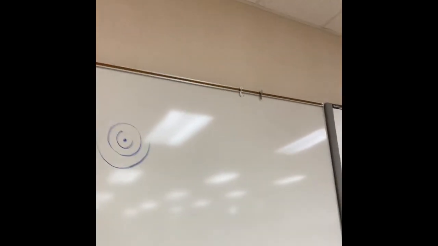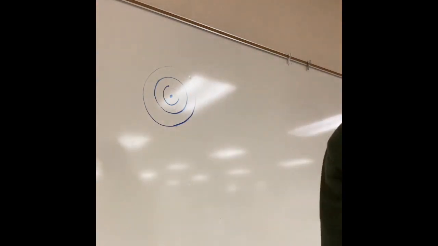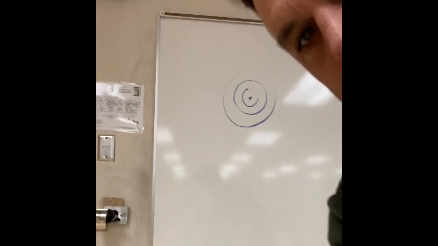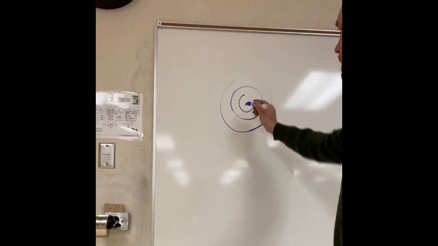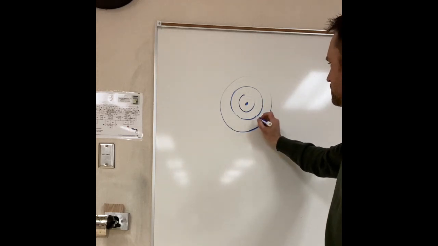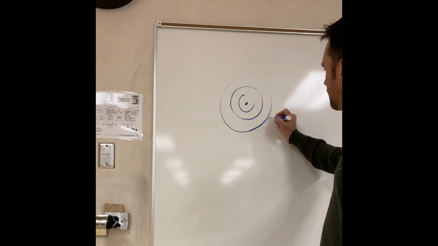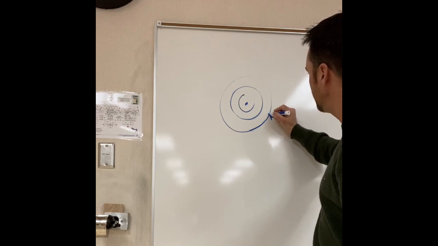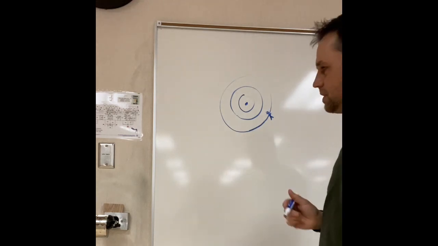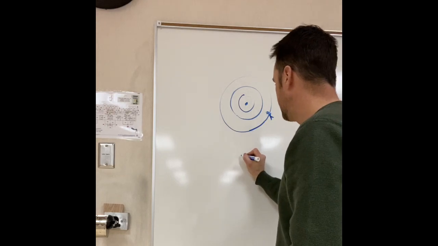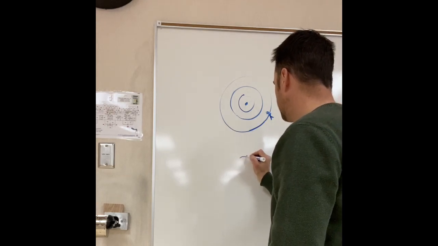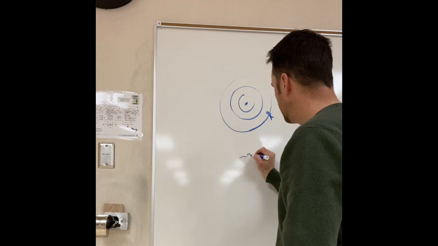All right, over here on the board, I'm going to try to explain to you what's going on by talking about throwing things in water. This is going to represent a pebble that I've thrown into a pond. You can see how circular waves move out, and they have a uniform wavelength or frequency. So if you were here swimming about in the water, these waves would be hitting you with a regular frequency, right? But let's say that instead of a pebble, now the source of those waves is a duck